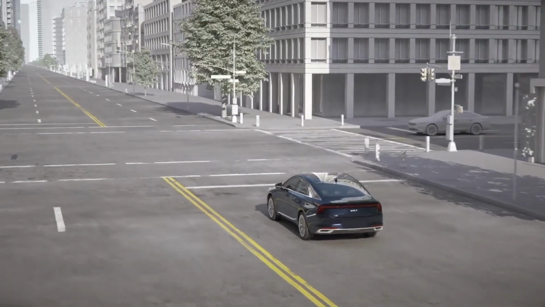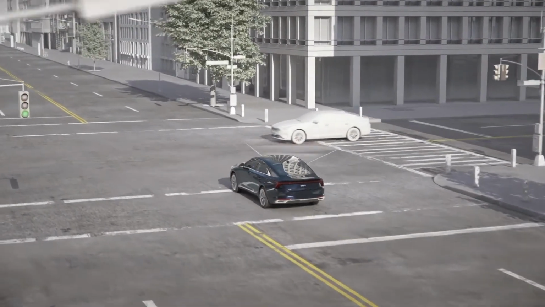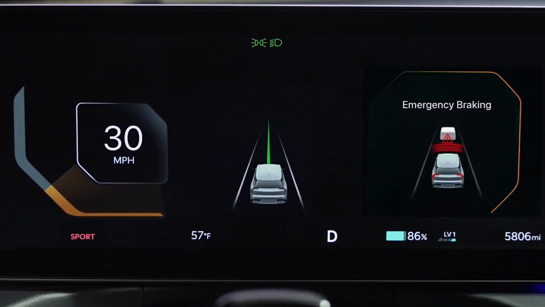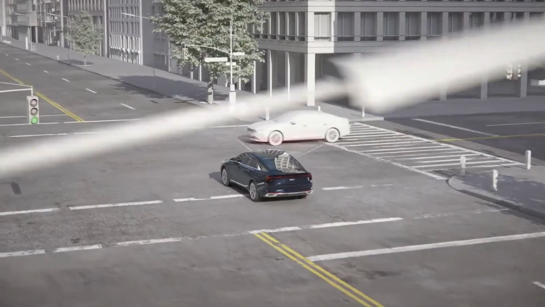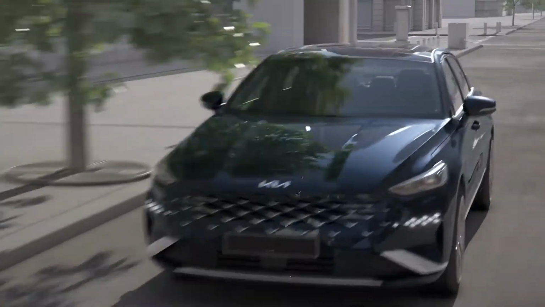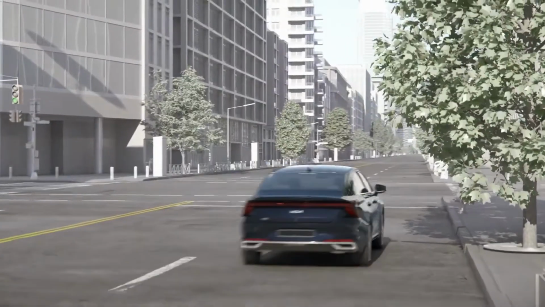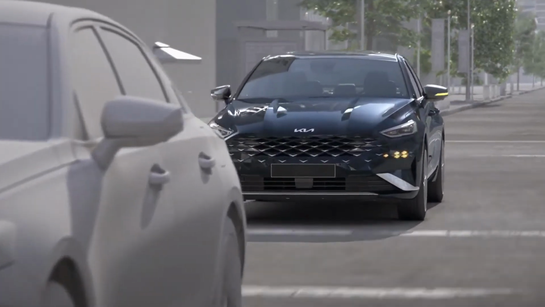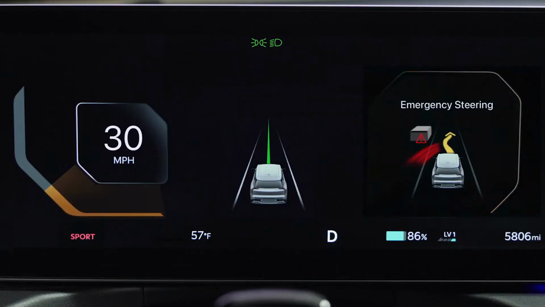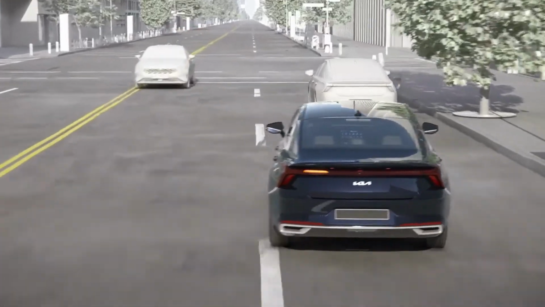If FCA2 detects such a hazard, a warning message will be displayed on the instrument cluster, a warning will sound, and braking assistance may be provided. FCA2 can also help provide a degree of braking and/or steering input. It can help prevent or minimize certain collisions if it detects oncoming vehicles while passing other vehicles,